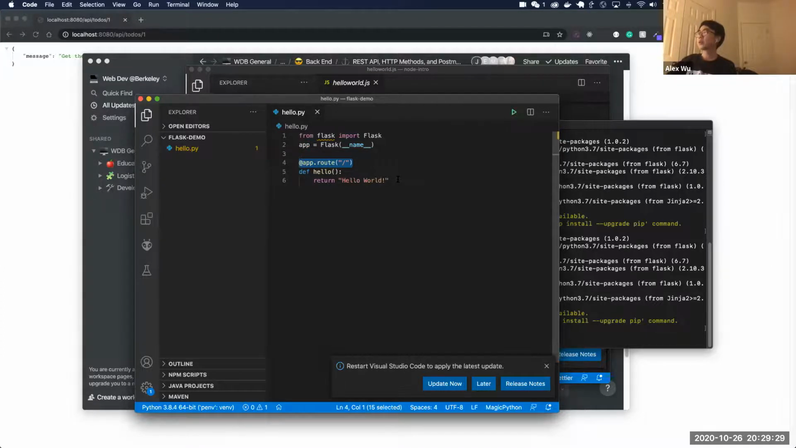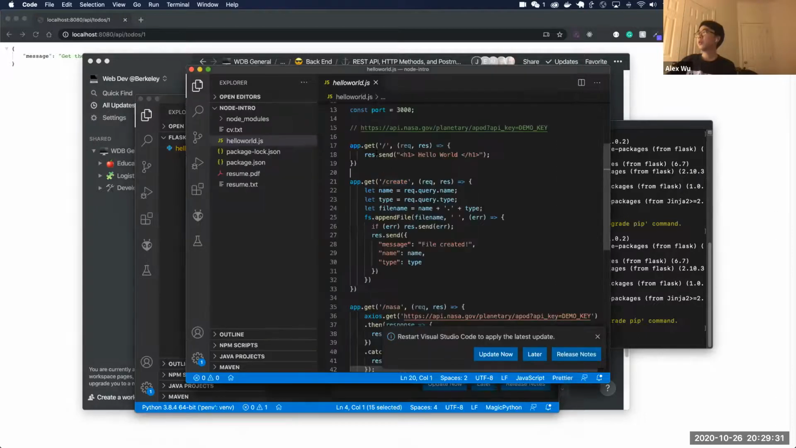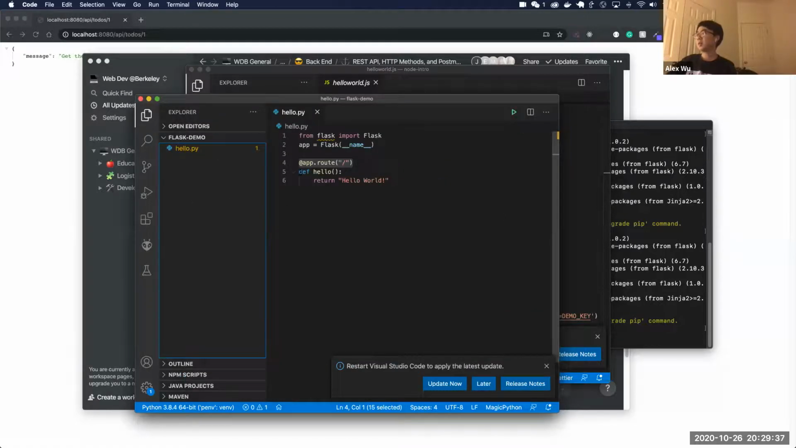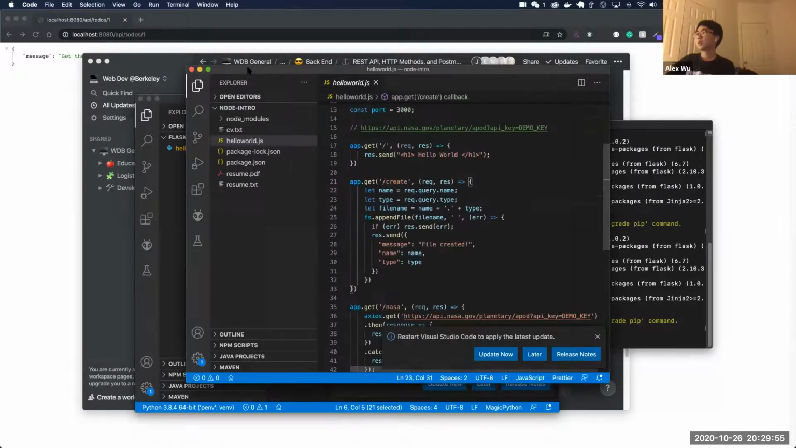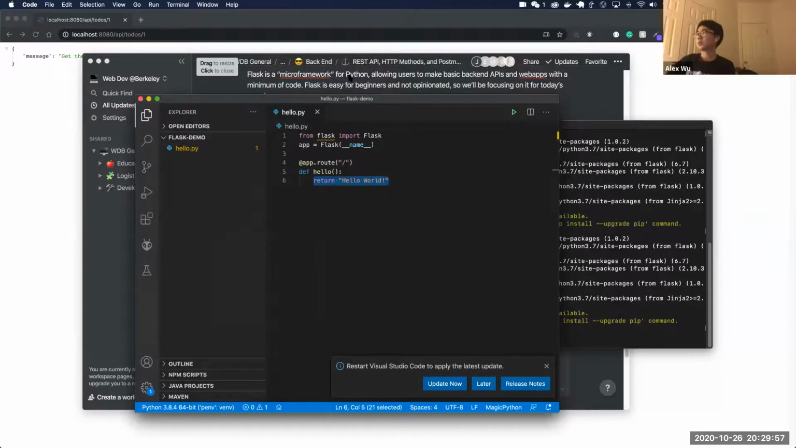And app.route is very, very similar to the app.get here in Node.js. Well, first of all, it's in Python. And secondly, besides that, it's essentially the same. It's saying that if we access our server at the root URL, you will be greeted with this hello world string. So now let's close this Node server